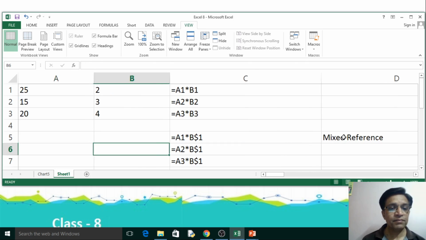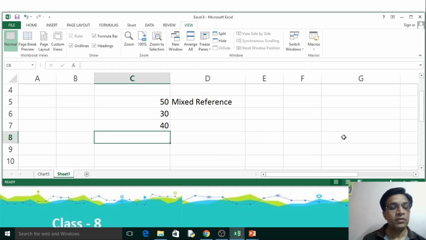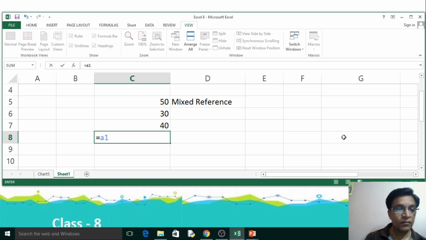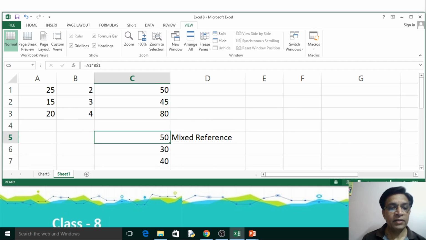Now if I make a formula like A1 multiply $B$1, and I drag the same formula to the right, what is going to happen?